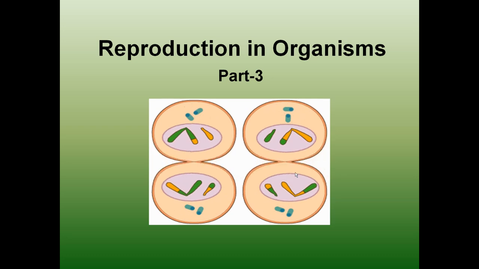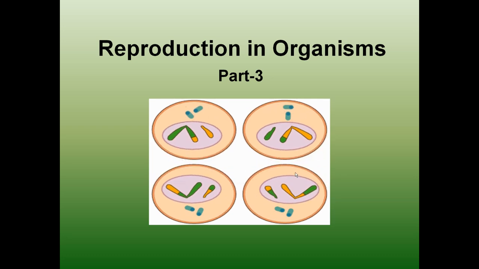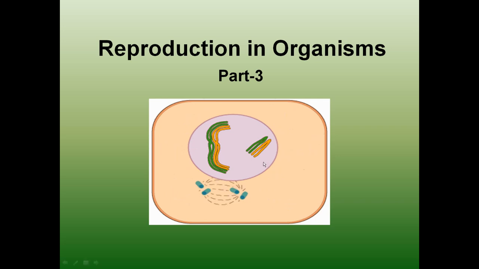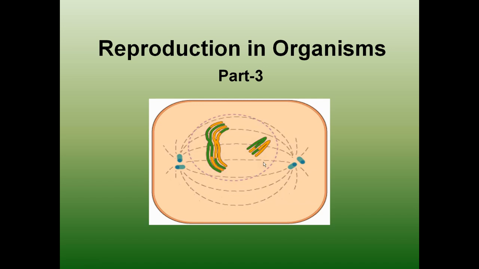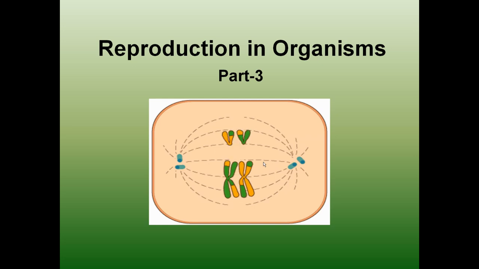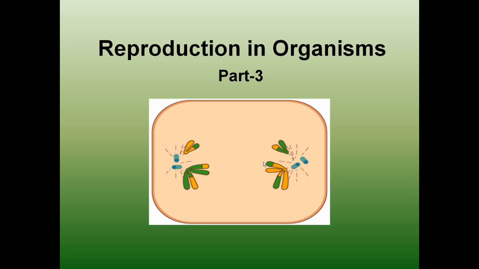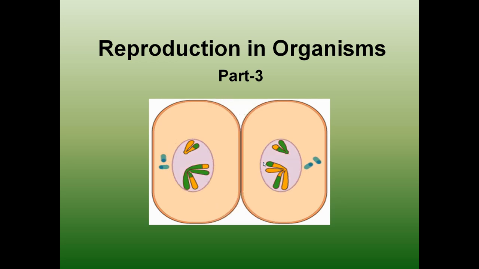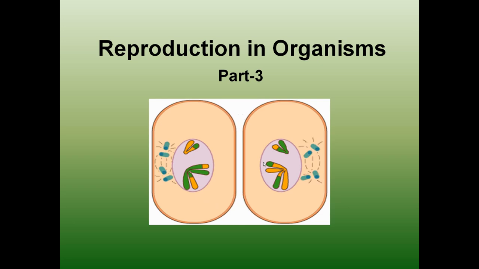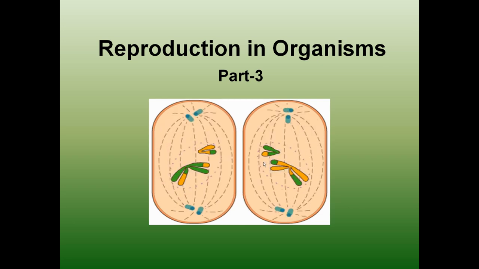A beautiful animation related to the process of meiosis is being presented over here, and you can see the division of chromosomes from the parent cell to the daughter cells. The parent cell is the diploid one, however, the daughter cells are the haploid ones. This process, that is meiosis, is very, very important for gamete formation or gametogenesis. From a single parent cell, four haploid daughter cells are being produced.